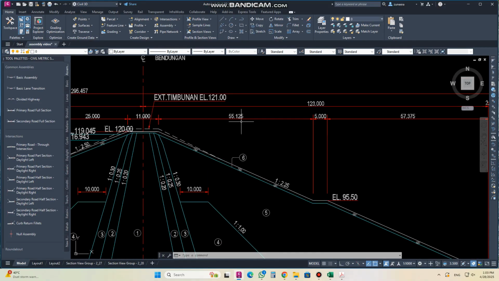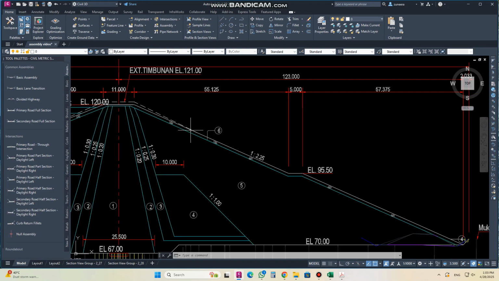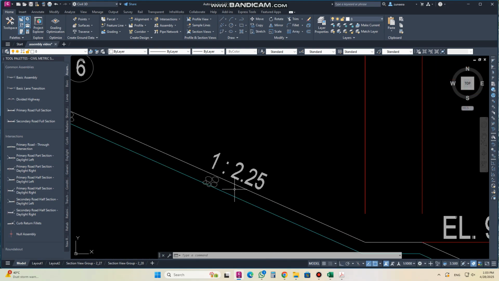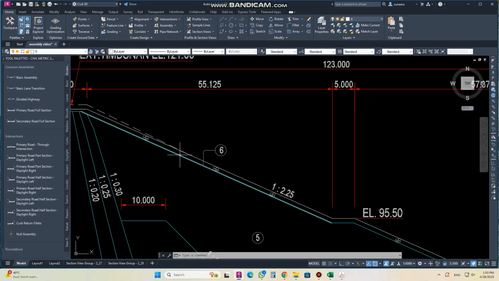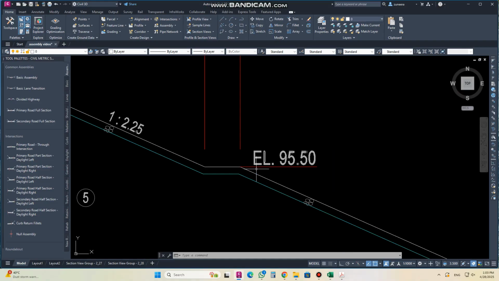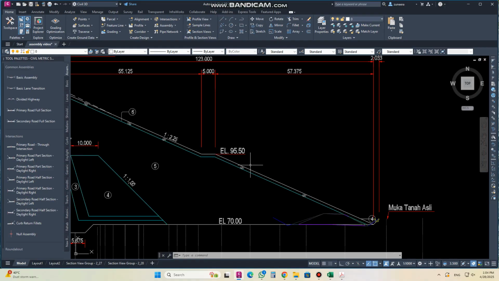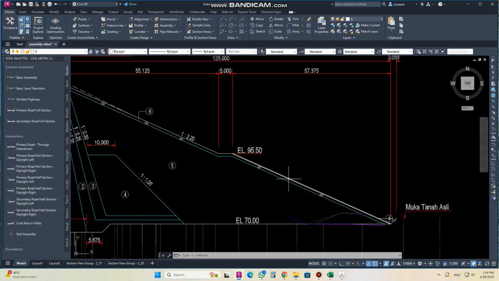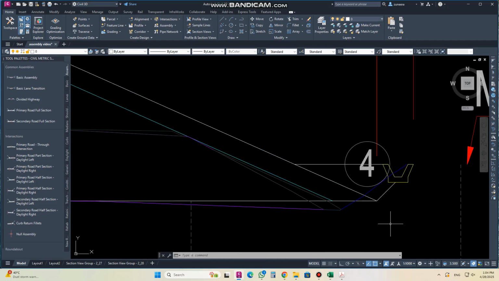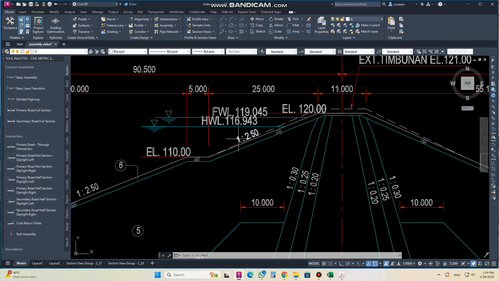The first on the right side, if I see 55.15 meter, there is a slope. There is gravel above the embankment. So we are not going to the material, just the side slope. If I check, it is 1/2.25, then there is a bench of 5 meter with no slope. And then again if they did not put any slope, it means the same, they are falling up to the natural ground. Then on the left side,